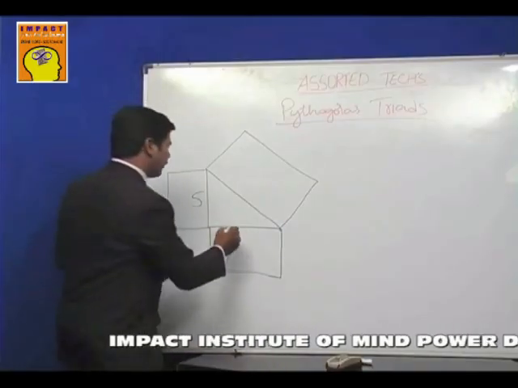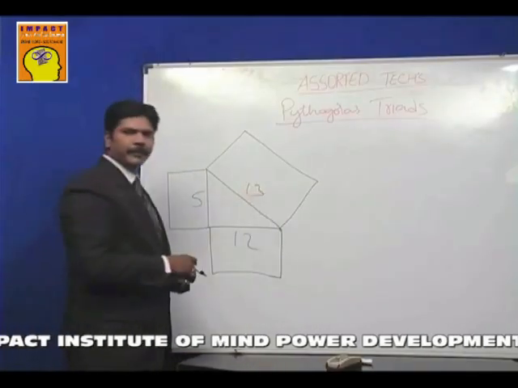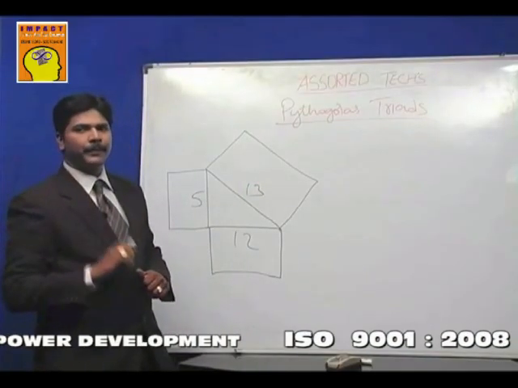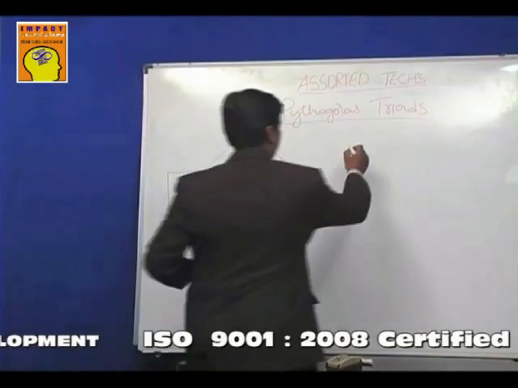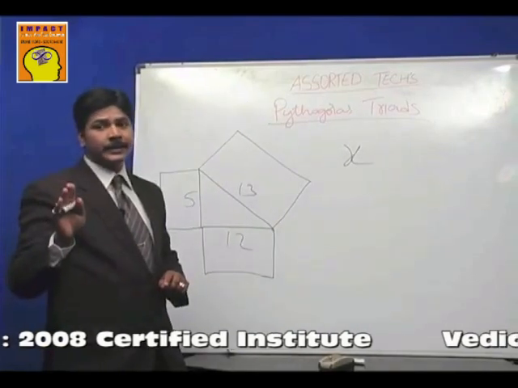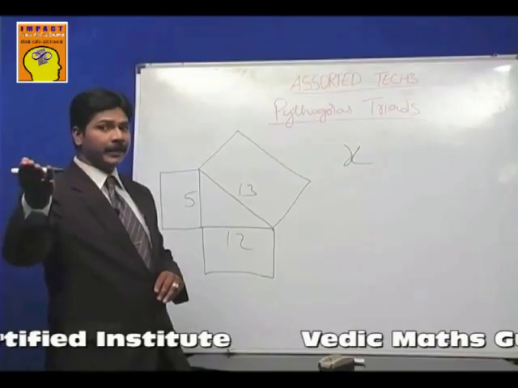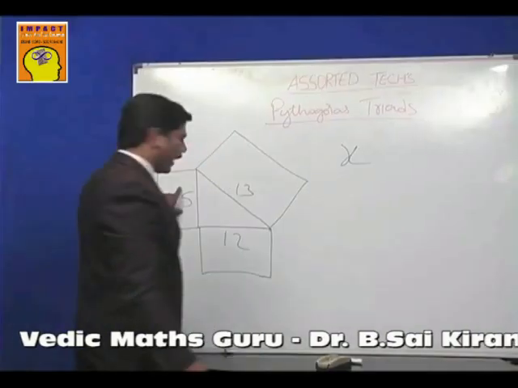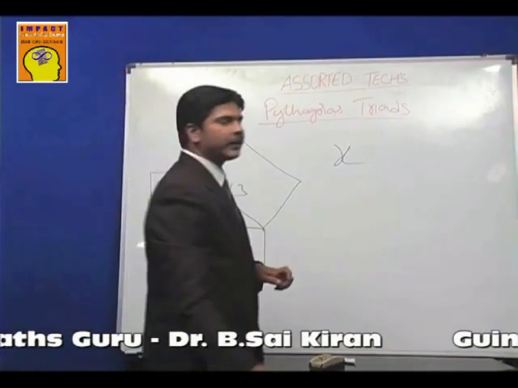The other 2 sides will be 12 and 13. Now how did I write that so fast? Using a magic formula. The formula is this. This is that magic formula. Now x is a given number, or unknown number. So here we assume x as the given number. So x is given 5. To find the remaining 2 sides, the formula is